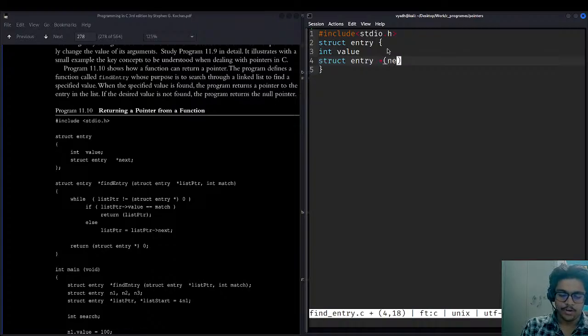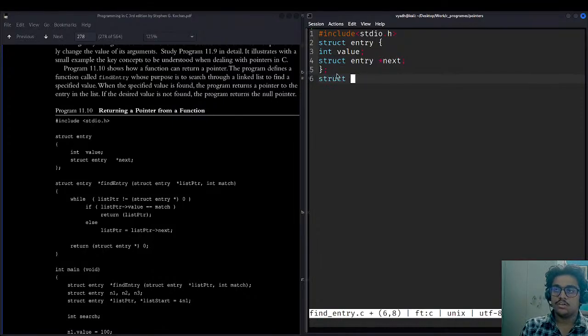Since it's a pointer now, next. Now what we will be doing, we need to find something till it is a null character or null. So not null character, null pointer.